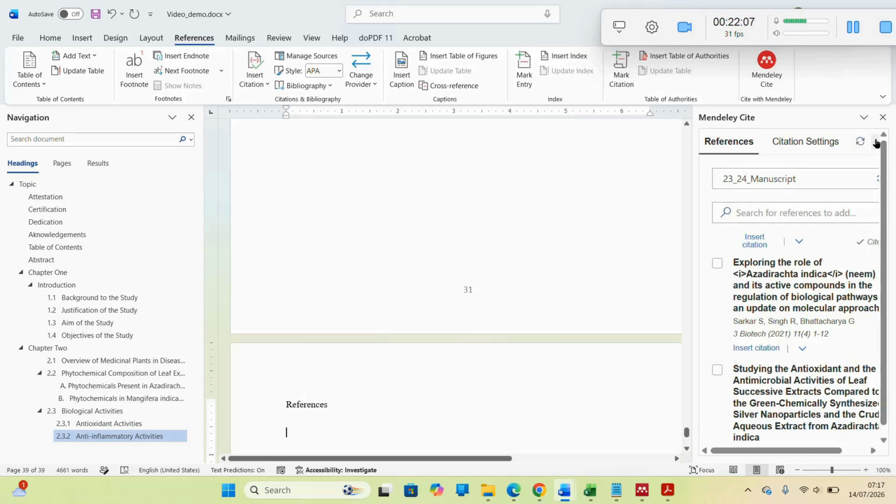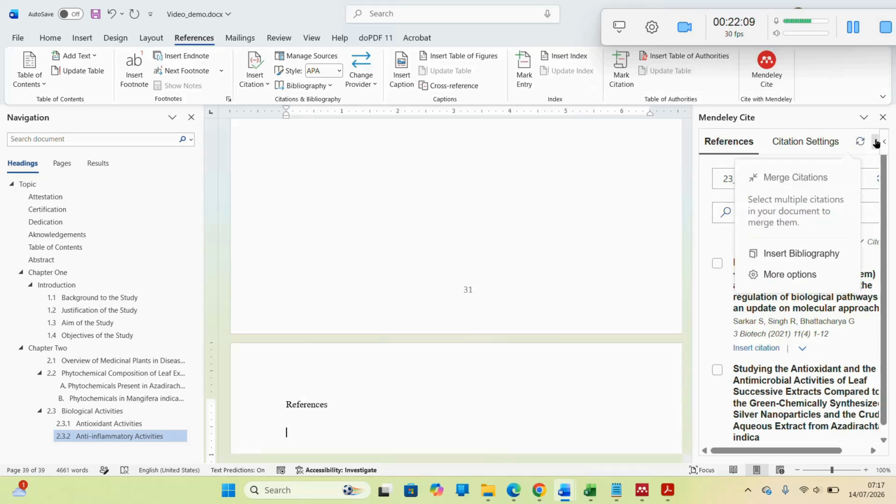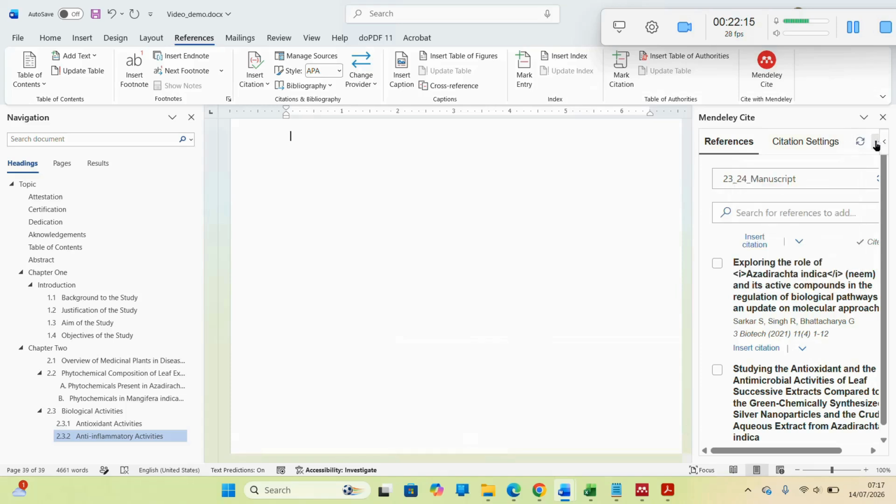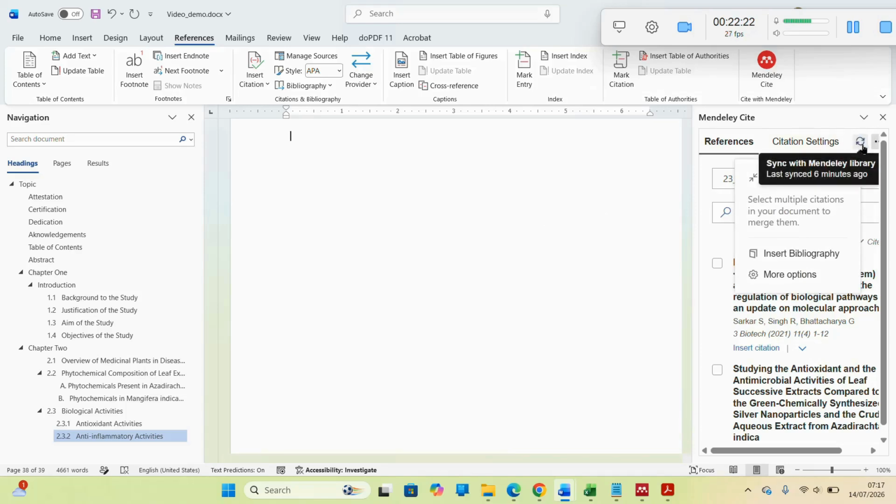I don't know how to resize this. It's supposed to be this menu button here. You can see it's covering it a bit. I don't know why it's doing that. But from this edge, just click. There's a small button here. And this other recycle button here, beside the sync,